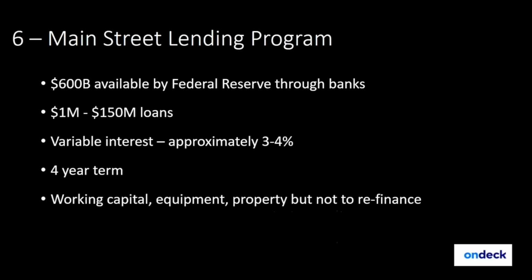The proceeds from these loans can be used for working capital, equipment, property, but you can't use it to refinance your debt. So talk to your financial institution, talk to your lenders, see if this is something you want. If you need a loan that's in excess of $1 million, that's where you're going to start from. This is a really good resource to get that kind of money that you need to make your way through